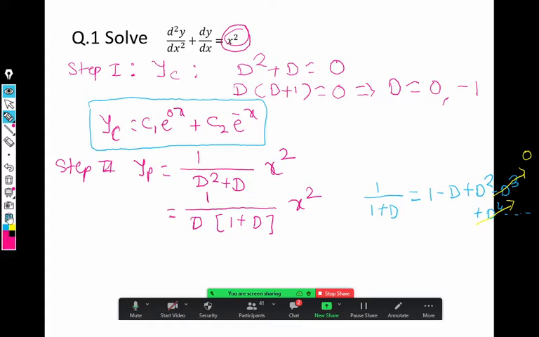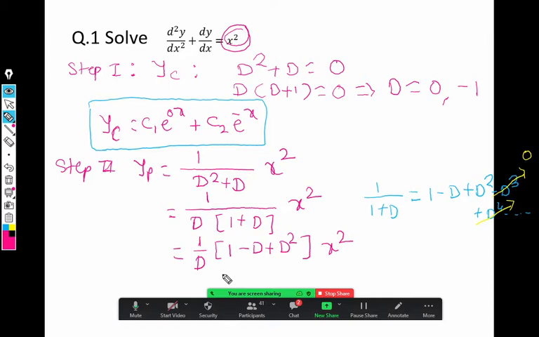So if I want to expand this, I only write those terms which are non-zero. The vanishing terms I am not interested in writing. So I will expand 1 upon 1 plus D as 1 minus D plus D square only. The D cube and D4 terms we are not interested in at all, obviously, because they are 0. So I am writing only 3 terms which are non-vanishing. Is it clear? Yes, sir.